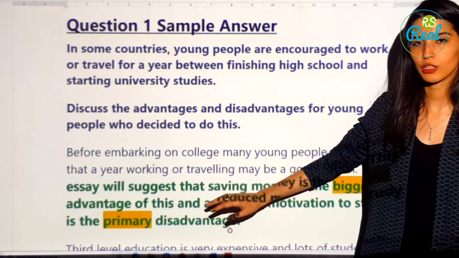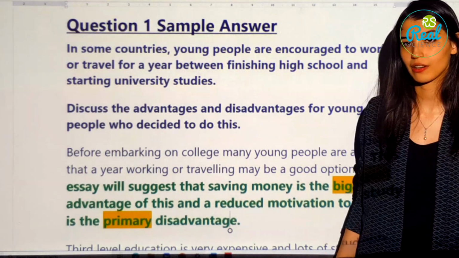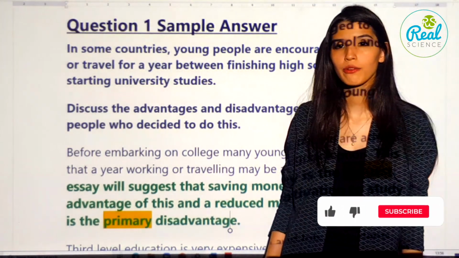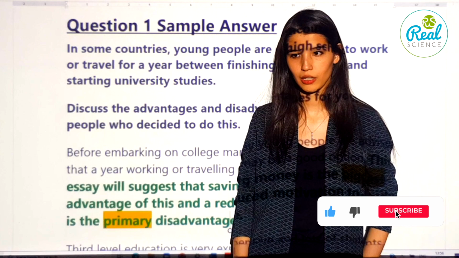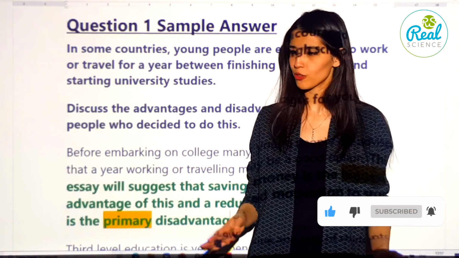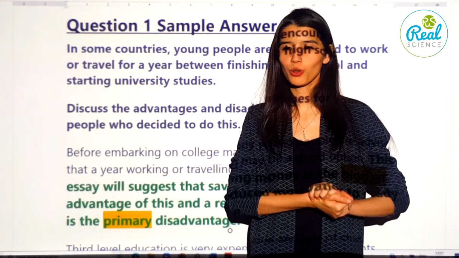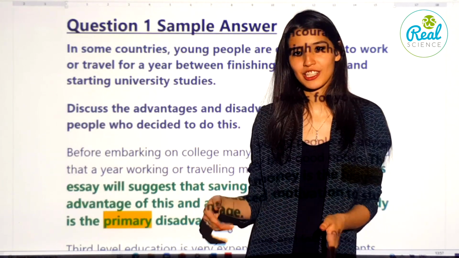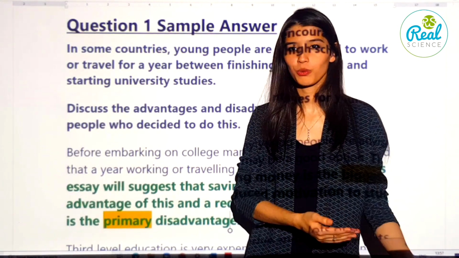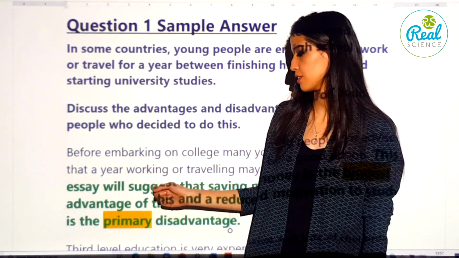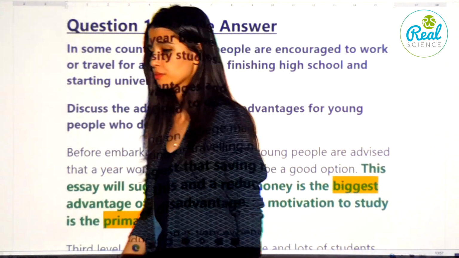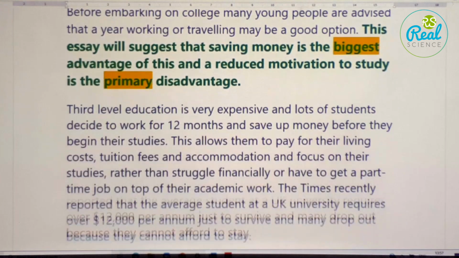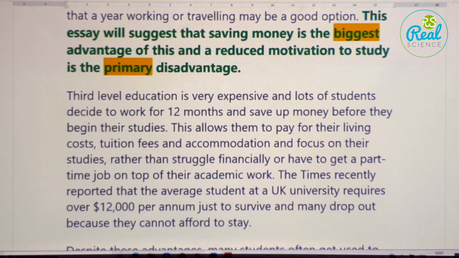You can state the main advantage and main disadvantage. It doesn't mean that you will have only one argument in your paragraph. You can have two, but as we all know, one argument is always the primary, the main one, and the second one is just there to back up. So you will mention the main one in that thesis statement. Now the body paragraph.